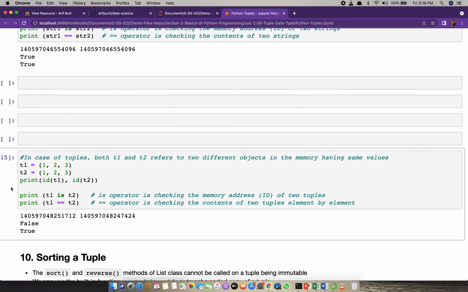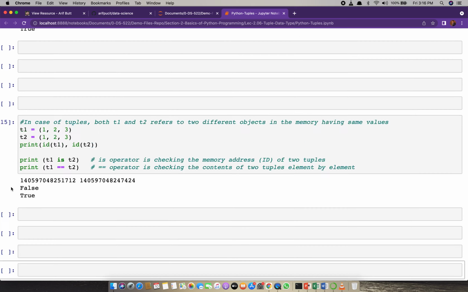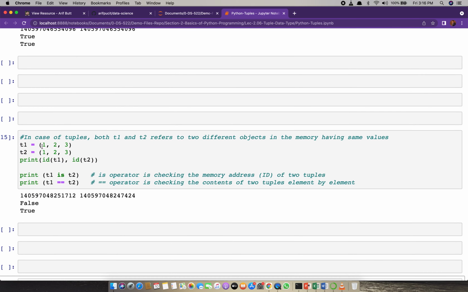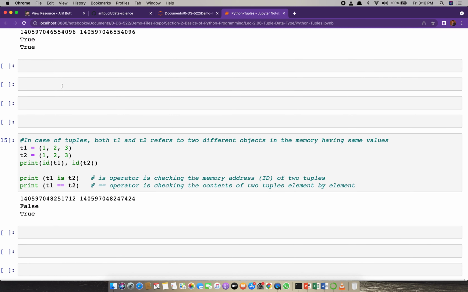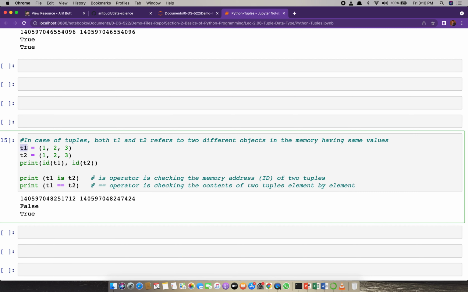However, over here we have two tuples. This was about strings. Over here we have two tuples, 1 2 3 and 1 2 3. Remember, this T1 is a reference to a memory object which is a tuple containing 1 2 3.